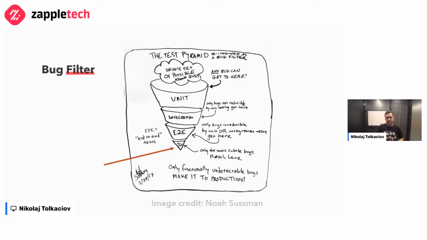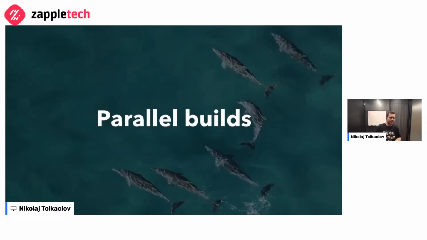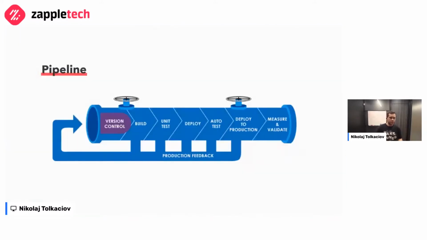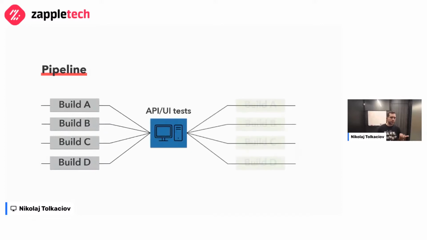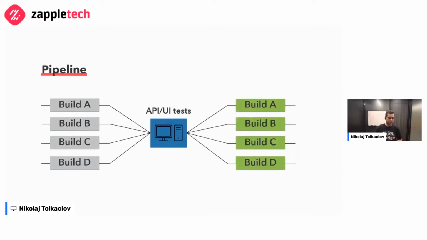This specific human testing layer is where parallel builds come in. This is just an idea which we can use in this modern age. There are pipelines which each build has to go through, and one of the steps is to deploy to some kind of environment and run automated tests. So if you have multiple builds and only one environment, you will need to wait a long time before they actually get checked, and it could be a really big bottleneck depending on how long it takes to run all